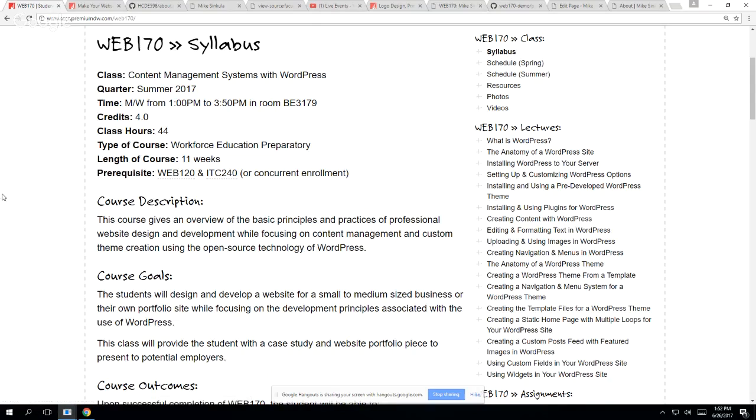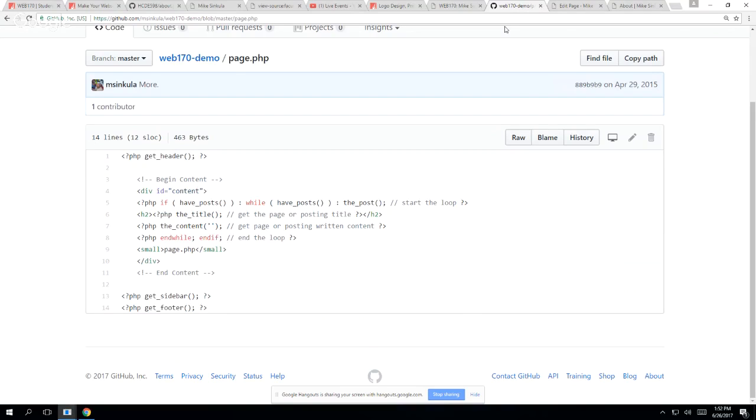What you need to know from ITC 240 is things like, oh yeah, that's an if statement. That's an end if. I know how to do that, right? So if you know how to write conditional statements using conditions, you know how to write a variable with a value. You know how to use an echo statement and concatenate a variable inside of a string value. You know how to write a for each loop. You know how to use an associative array, so on and so forth, right? In other words,